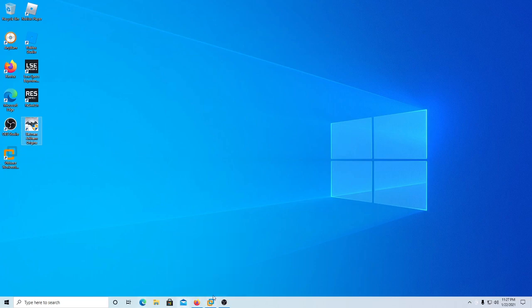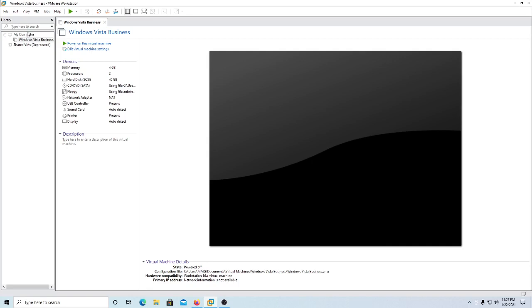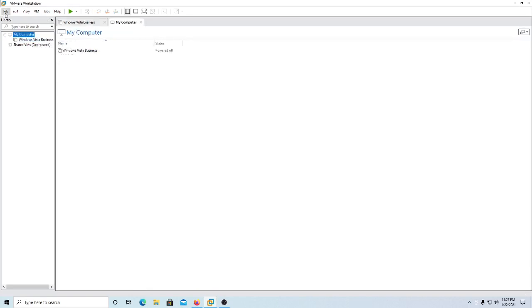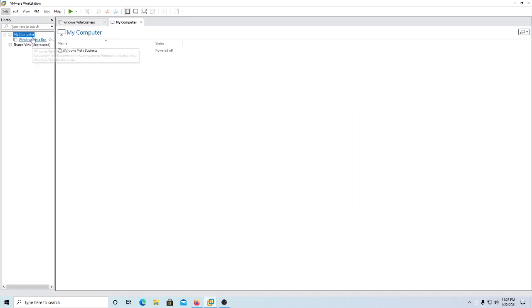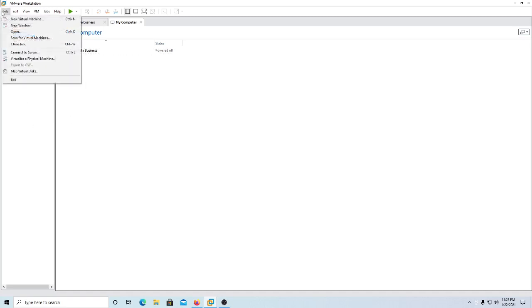Now what you want to do is open up your VMware and create a new virtual machine. So we're going to go to my computer. Just so you know, this is on the latest version of VMware as of right now, which is VMware 16. It doesn't matter if you're on Player or Pro. It should be the exact same. What you want to do is go to File, click on New Virtual Machine,